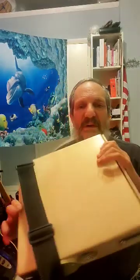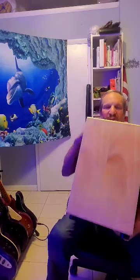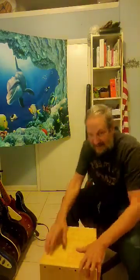This is called the Cajon. Some people refer to this as a baby Cajon, and usually they are, you sit on them, okay? And it's got a nice hollow space here, and that's why it makes a cool sound. So it's a big hollow box, and I can sit on the box and play it like so. All right, but